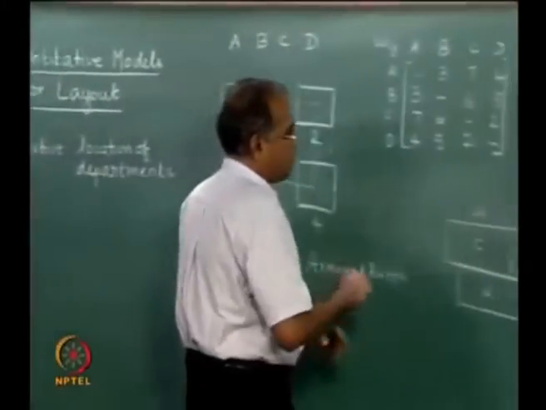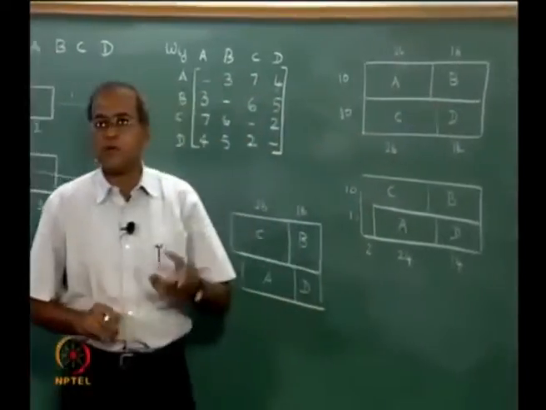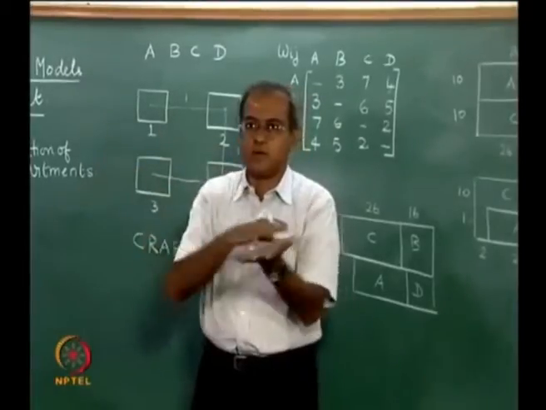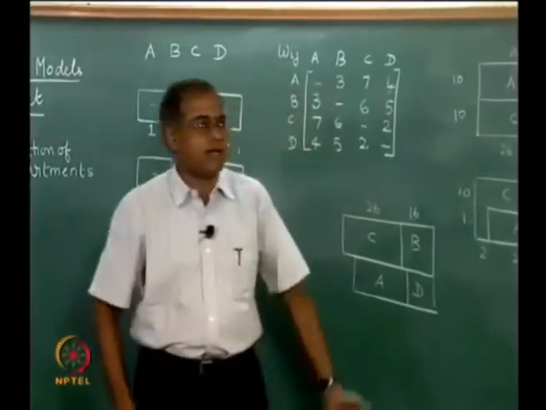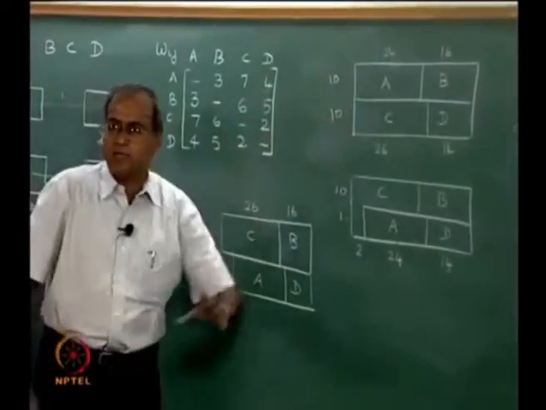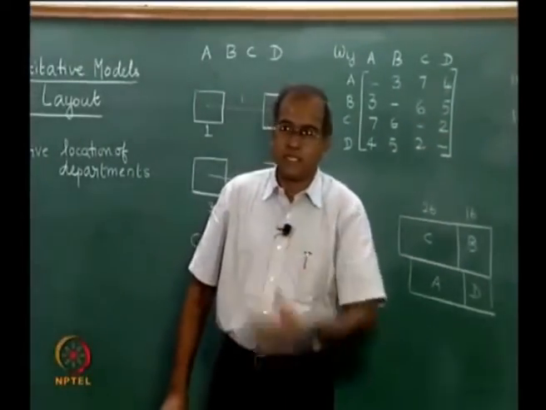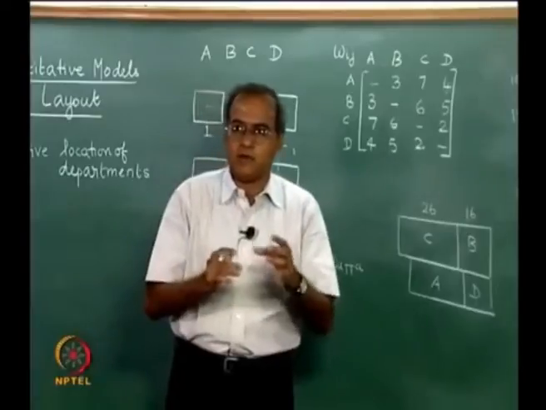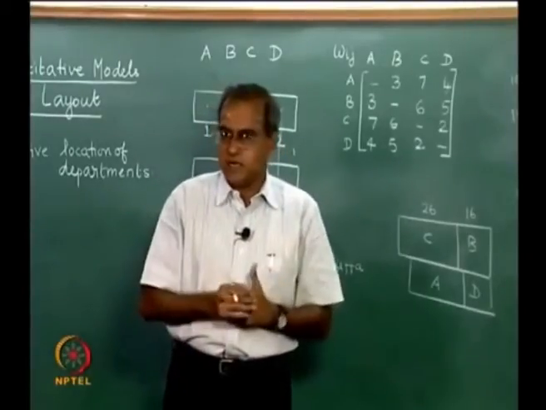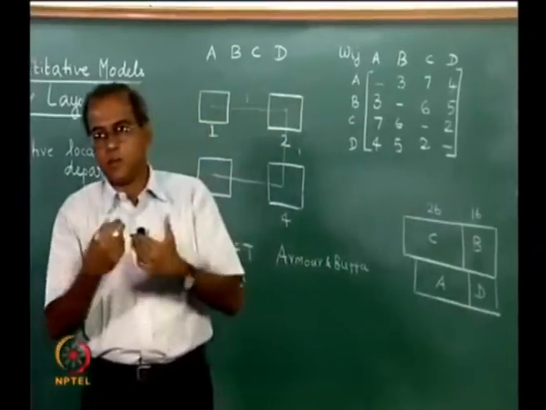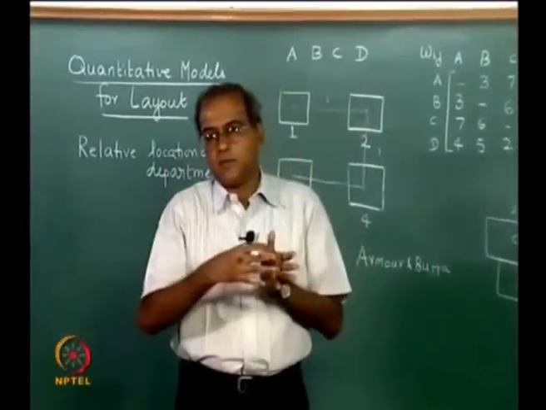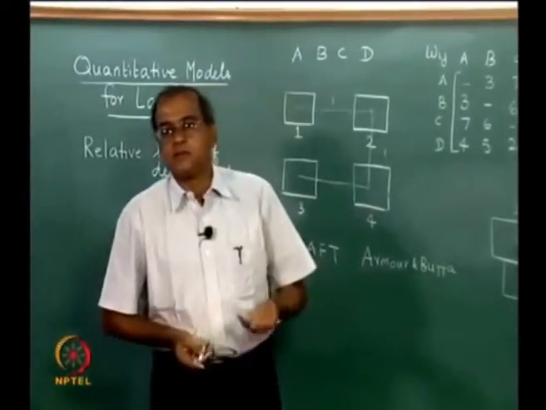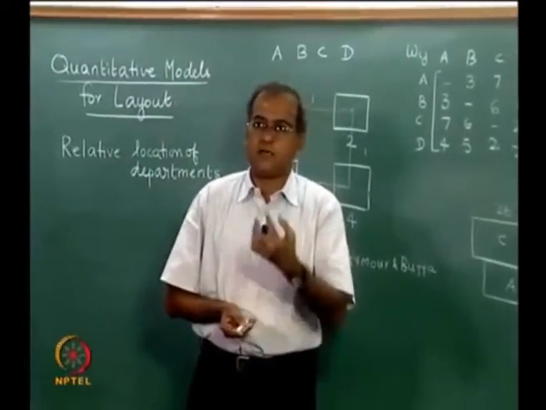Now, when we say that there are 4 departments A, B, C, D, we assume that there is departmental specialization, and these departments have interactions amongst them. So, a typical functional layout will be laid out this way, where A, B, C, D would be 4 departments in a functional layout. Much later, if we see the advances, the different types of layouts would be the line layout and the functional layout. Line layout is also called the product layout, where according to the product the machines are laid out. Functional layout is called the process layout. So, the machines are laid out according to the manufacturing process.